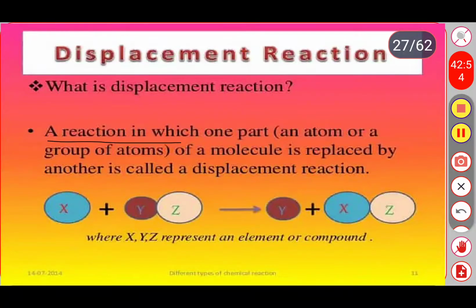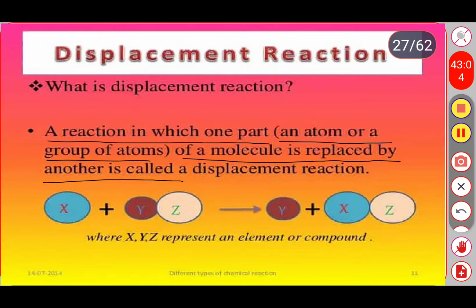So the general form of the displacement reaction is X, the one atom, and here we have two atoms, Y and Z. It means Y is less reactive here. Y is the less reactive element. The less reactive element will be displaced by the more reactive element. It means the less reactive element Y will get separated, and the highly reactive element is attached to the other ion of the compound. Okay,